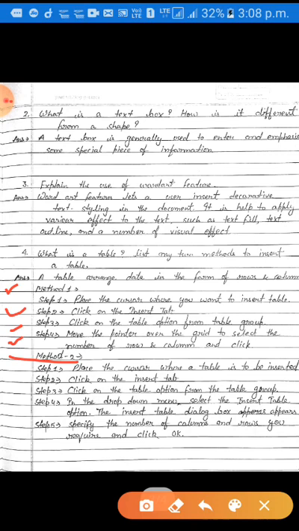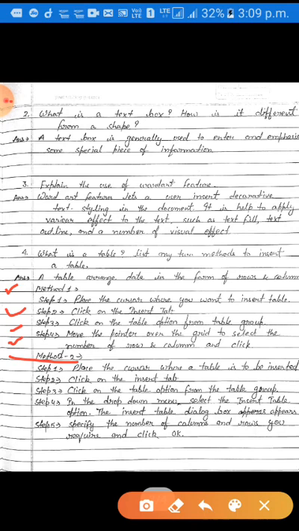The insert table dialog box will appear. And then step 5 is, specify the number of columns and rows you require and then click on OK button. Okay, so dear student, these are the two methods to insert table in your document.